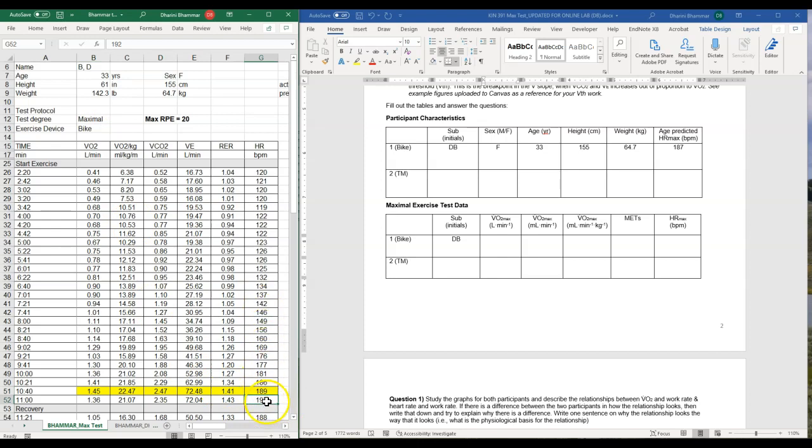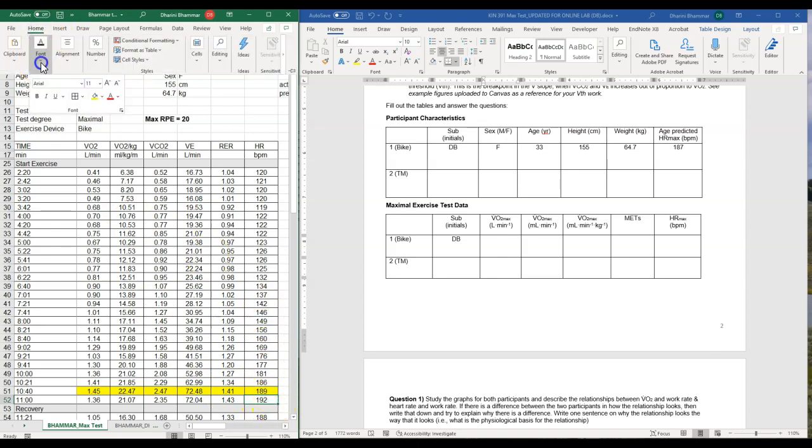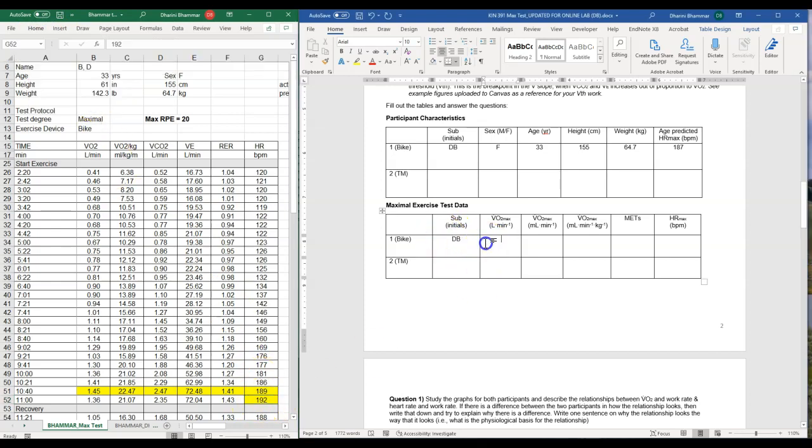In this case, I had a bigger heart rate in the next interval, so I'm going to highlight that heart rate too, and that'll be the highest heart rate. So I'll write out the highest VO2 I was able to achieve during the test was 1.45, and in mLs per minute I would just multiply by 1000, so 1540. And then in mLs per kg, it actually tells you on the screen, 22.47, it's right here.